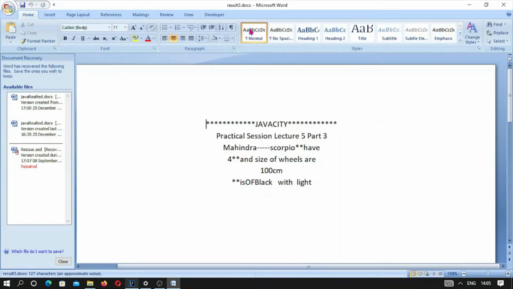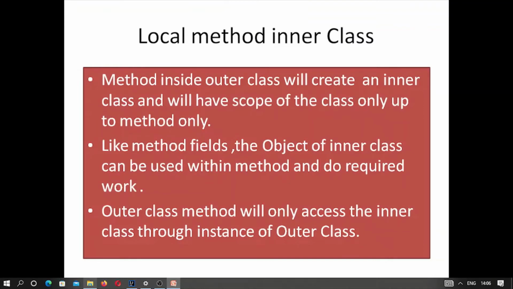You can see this is result3.docs, and this was the result when we made the inner class private. So you can see by doing so we can do the same thing in a number of ways, and this is the way by which we are hiding all the things, and we are just calling the outer class method and achieving all the things. So let me close it.